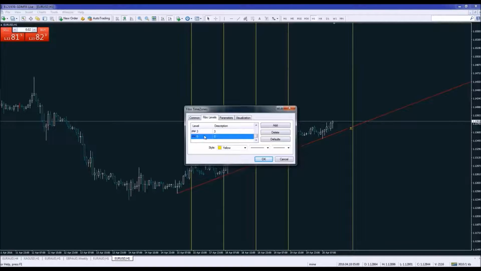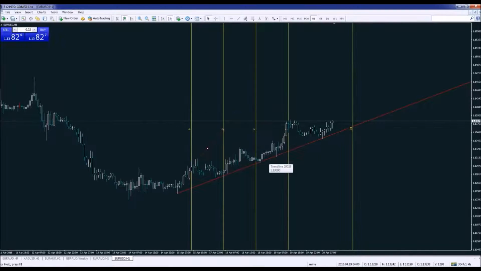We can just correct this by removing them and get on with it. Now, the most important idea here, ladies and gentlemen, is to understand the Fibonacci technique and what we actually need